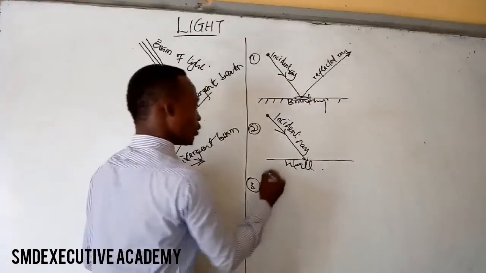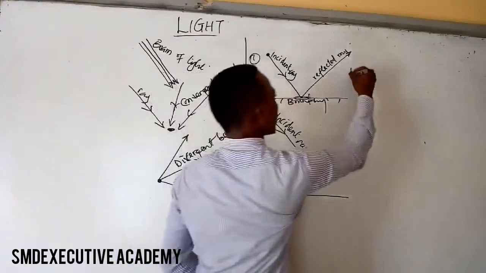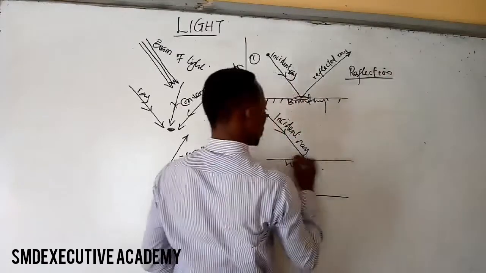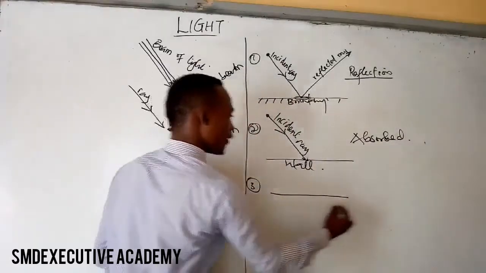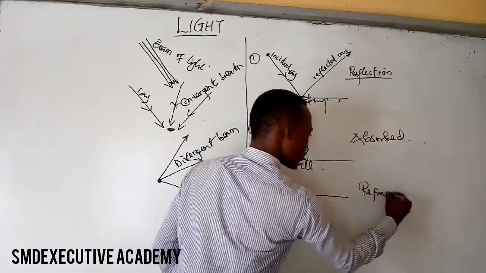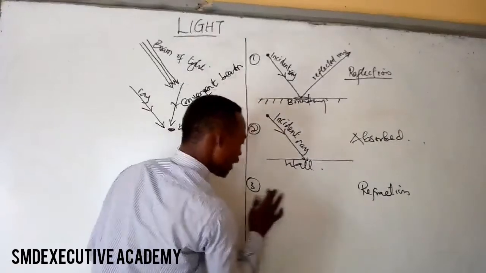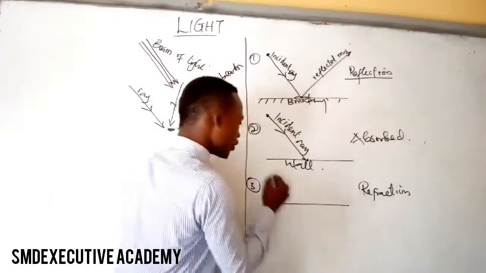Third, a ray of light can be refracted. That's reflected, this is absorbed, and this is refraction. A ray of light can be refracted. For example, if you have a plain glass, not a reflecting surface, the ray of light comes